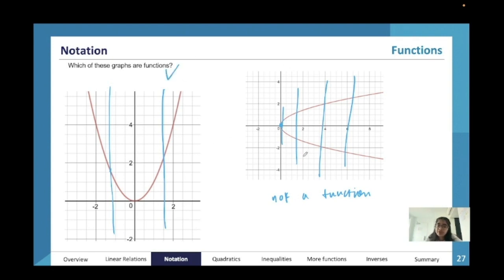So you use the vertical line test. If it intersects more than once, it's not a function. Simple as that. Even if it intersects once at some point, if it intersects more than once anywhere, it's not a function. That's it. Okay, so that's it for functions. We'll come back to